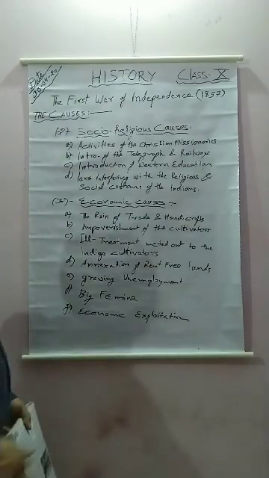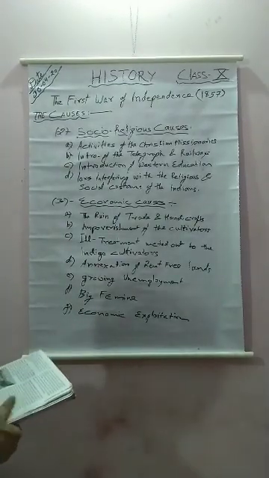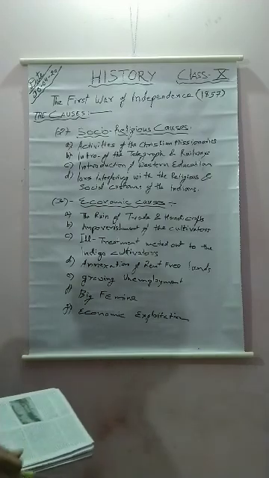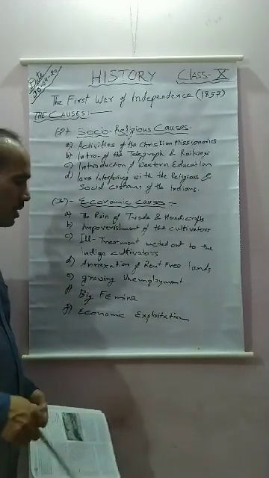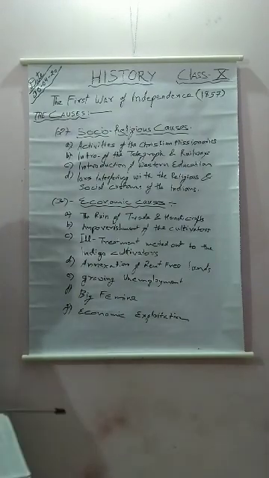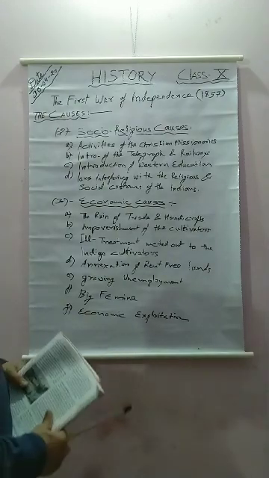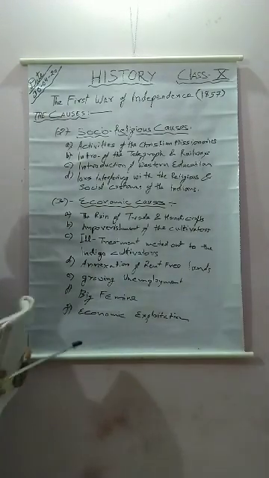And last, economic exploitation. India was subjected to planned economic exploitation by the British from 1757 to 1857. There was a tremendous drainage of Indian wealth to England. As we discussed in the previous class,